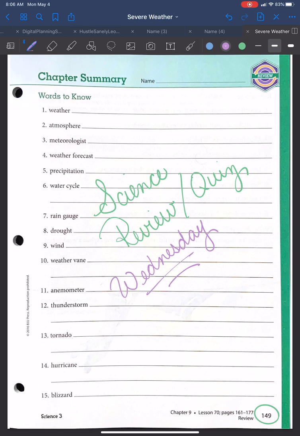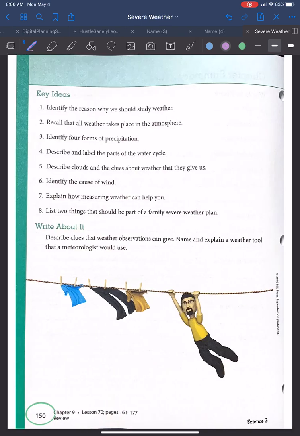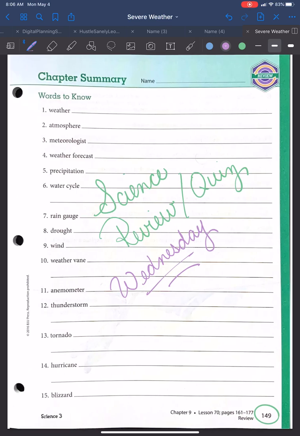You do not have to fill in this page, but you should be able to tell a grown-up exactly what each one of these things are. They should be something that you can explain just when you are given the word. So again, use page 149 and page 150 to check your own understanding, to help you review. Your quiz will be on Wednesday. Ready, set,